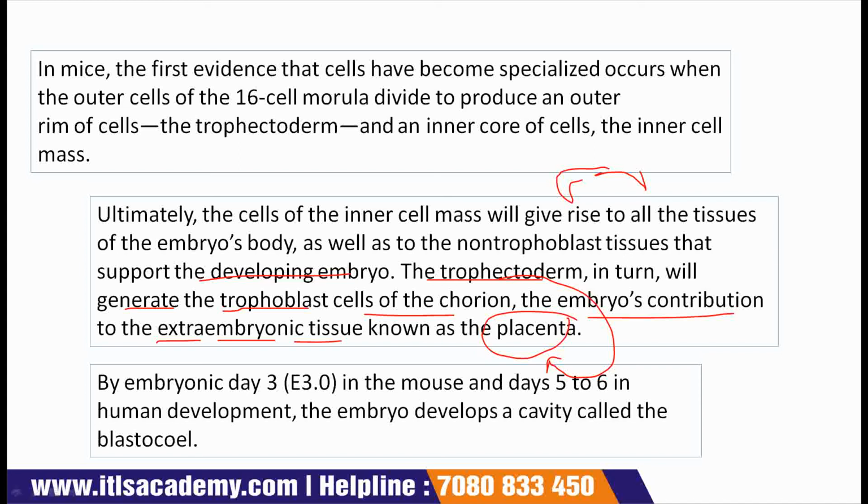Here at this stage, the cells of the inner cell mass and trophoectoderm continue to divide. Information gained from the study of mouse embryos suggests that the two tissues need to interact. The inner cell mass helps maintain the ability of trophoectoderm cells to divide, and the trophoectoderm appears to support the continued development of the inner cell mass.